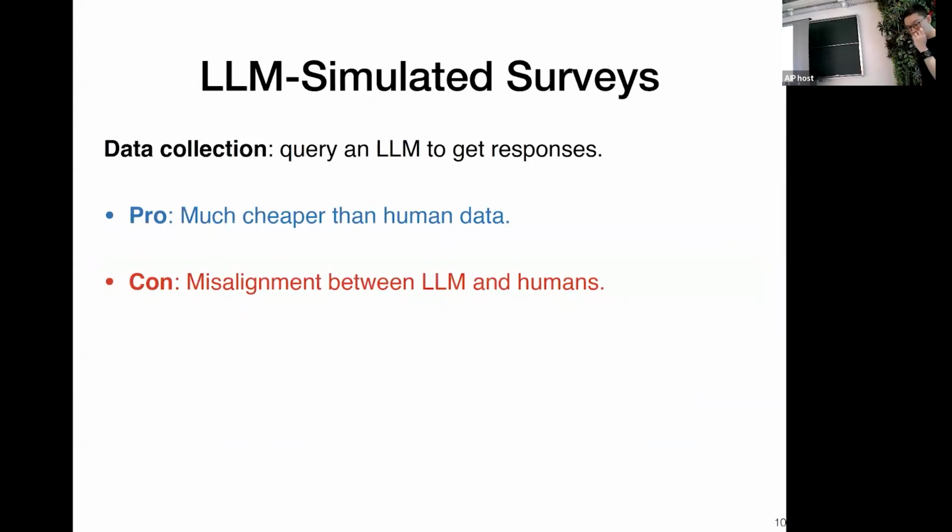Okay. Yeah, we'll come back to that point because all of those questions can be summarized as some misalignment. It's not misalignment between LLMs and humans, but in your example, it's misalignment between the target population of interest and the actual respondents to your survey, right? So we'll have a unified umbrella to cover all of them.